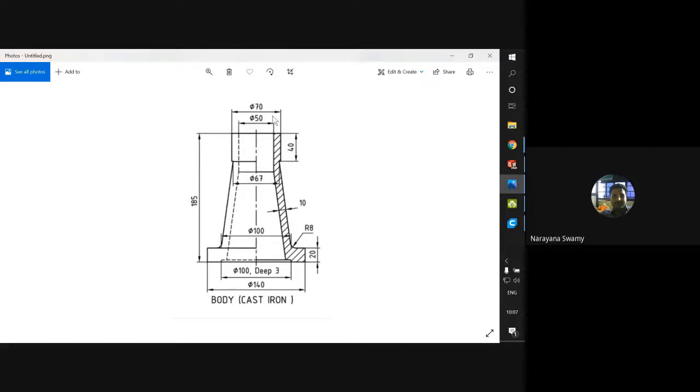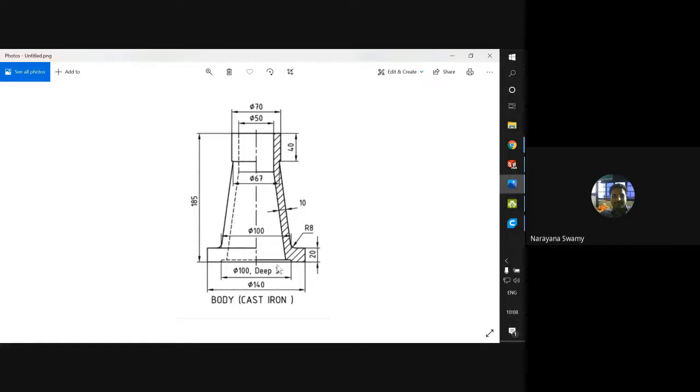Once we look at the drawing here, there are different features, various features which are available in the modeling software, and this is something which we can produce with the revolve boss method. There are plenty of methods. We can go with extrude boss, sweep, or maybe loft, or drafting and all. But when we look into the model, you just decide which feature you are going to use to produce that one.